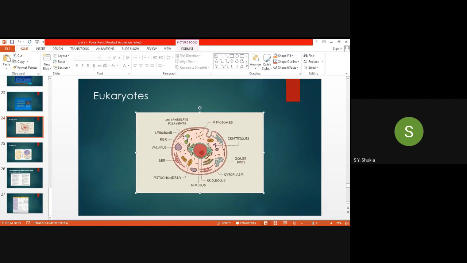Like the lysosome, they are called the suicide bags of the cell. When the cell is going to die, what happens to the cell? It wants to undergo suicide. That means, actually, suicide is not a proper word basically. They die when there is no proper functioning or functioning of the